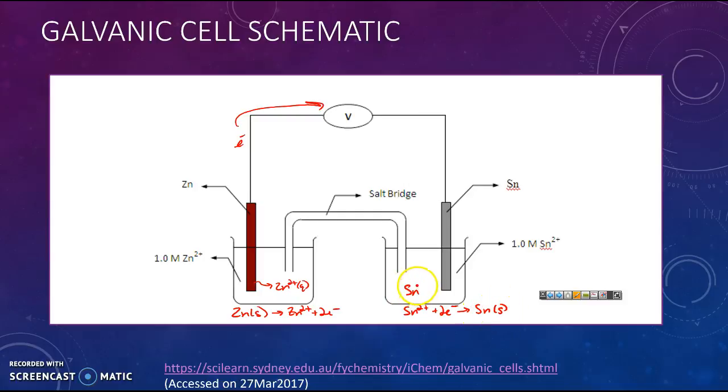So I would have the tin 2+ ions, and they would start latching on to the tin metal. And so these electrons would go here, and then they would be absorbed by this tin 2+ as it goes to form tin metal. And so what we would have on this side is this mass. The mass of the tin would slowly decrease over time because I'm losing metal and they're forming ions in solution. This will start to gain mass over time because I'm taking these ions, they're gaining 2 electrons, and they're forming